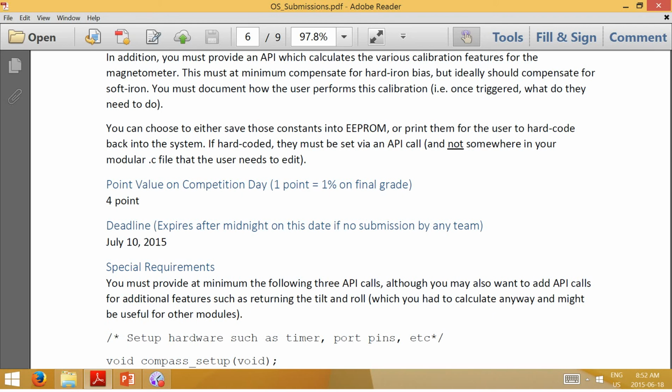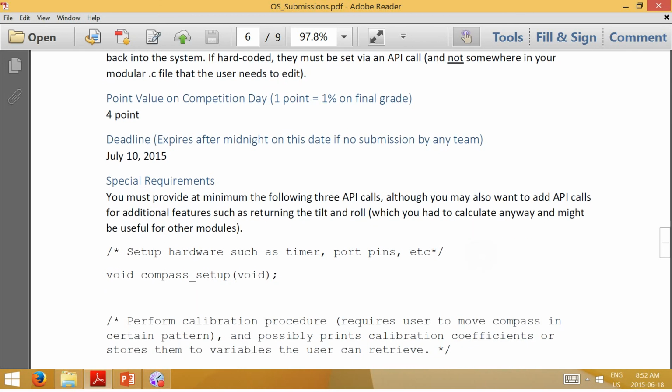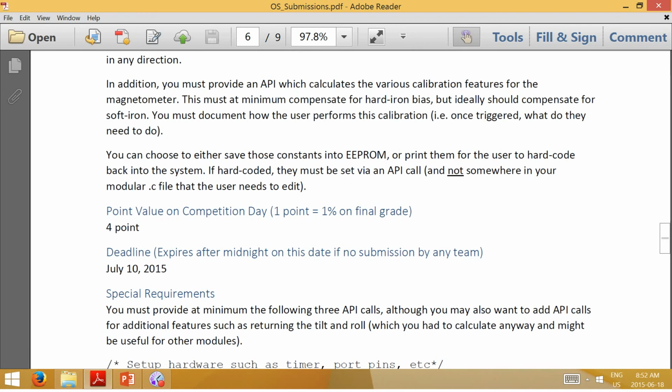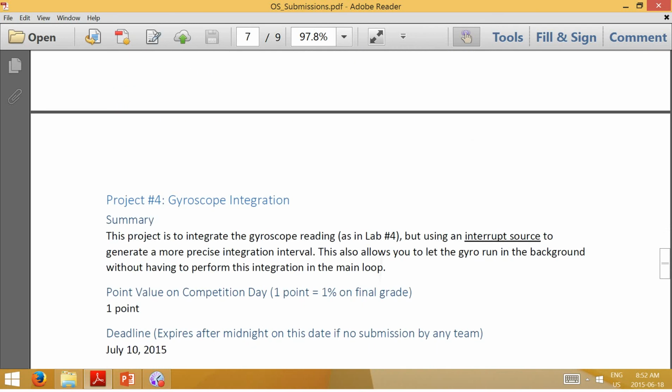Some of the solutions to this are in a paper I'll post later today. But there's a fair amount of math and a fair amount of experimentation to verify that your solution works. Basically, the answer to whether it works is: can I take the robot, not only rotate it around and it works, but tilt it 45 degrees and rotate it, and the compass information stays accurate. So that's the most complicated.